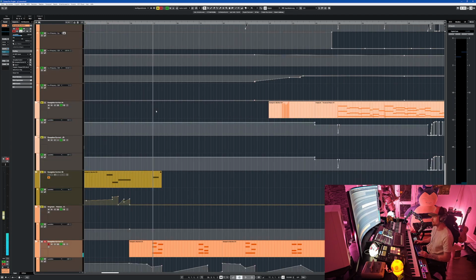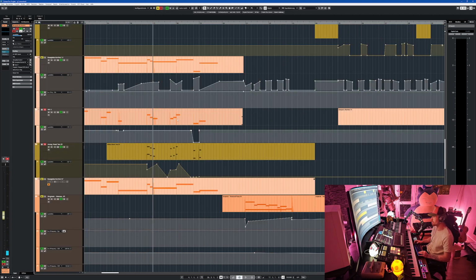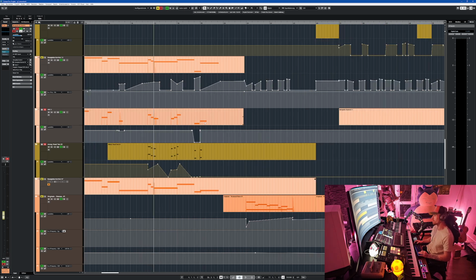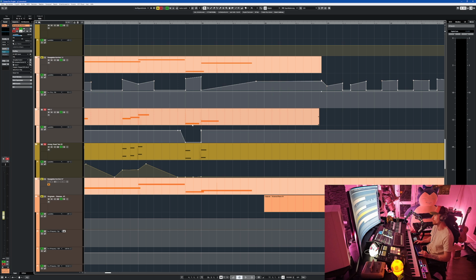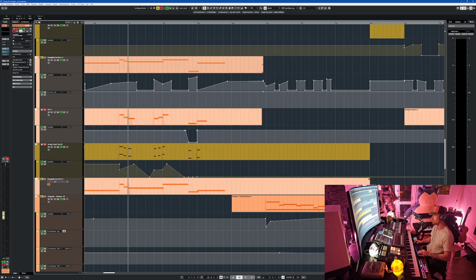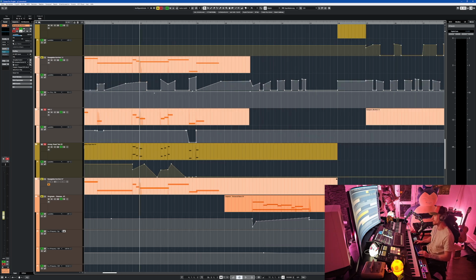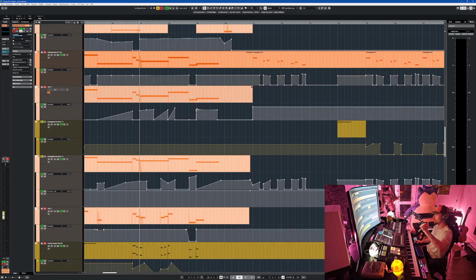Doesn't make sense again if you listen to it soloed, but it does. It makes sense as soon as you don't. And here's something else I did, by the way. The synthesizer doesn't play this note. The choir joins in, plus the bell comes back. So again, they swap jobs.